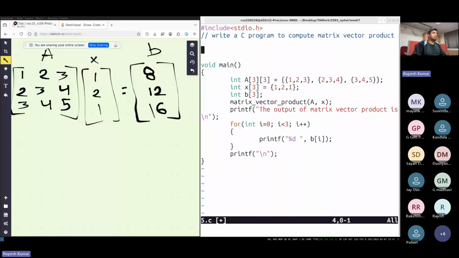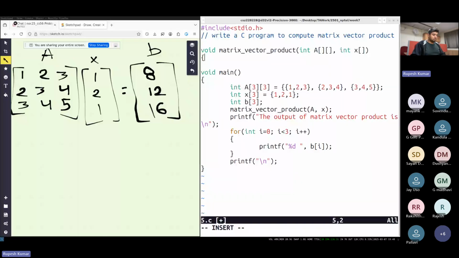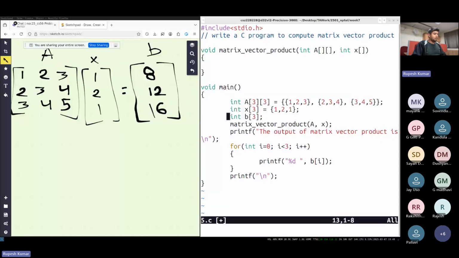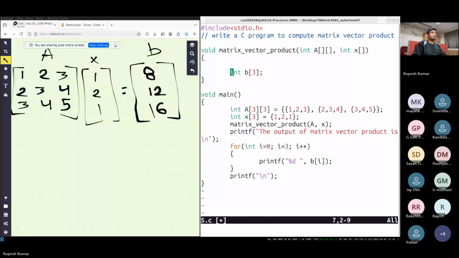Fine. So let us create the function void and then call the function name matrix vector product and then pass in the matrix A and the vector X whose matrix vector product we want to compute. Now in this we can declare the vector B. Fine.